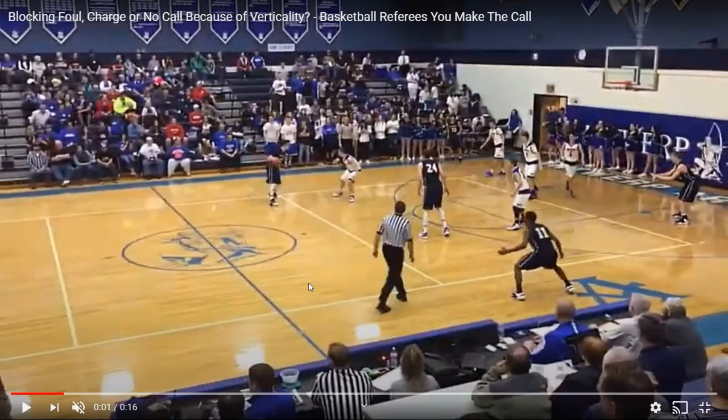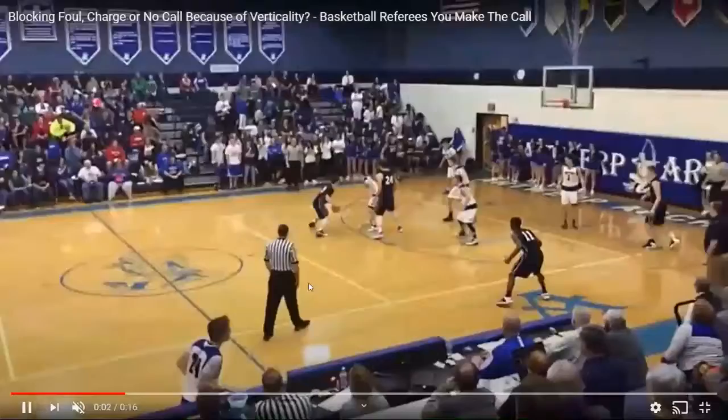Absolutely. And on this play, it being a secondary defender, that makes it even harder for that center official to know whether that person was there, had established a good guarding position. So if our lead had had an opportunity earlier in the play to get over, it makes that play easier to officiate. Again, as Brian said, we got a whistle. Looks like we got the right call. But let's rewind that and see if we could have been in a better position mechanically to judge on this play.